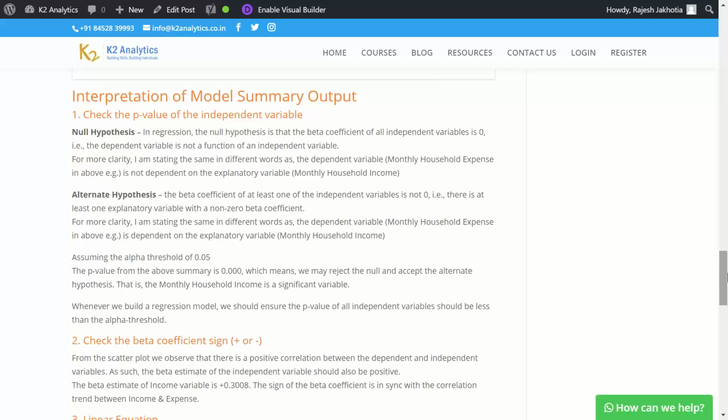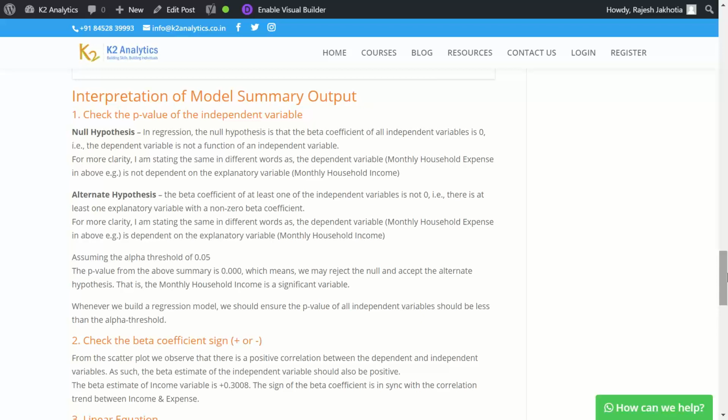Let us understand the hypothesis in linear regression. In linear regression, the null hypothesis is that y, the dependent variable, has no association or no relation with the independent variable.